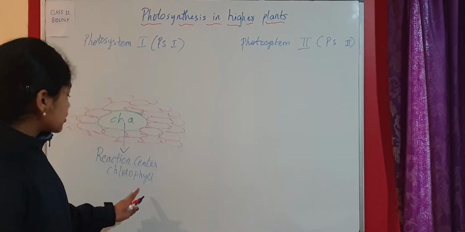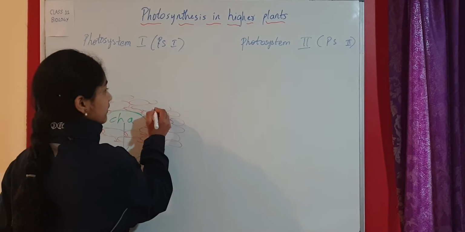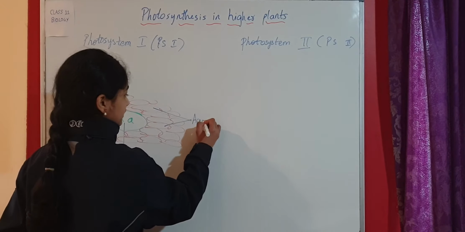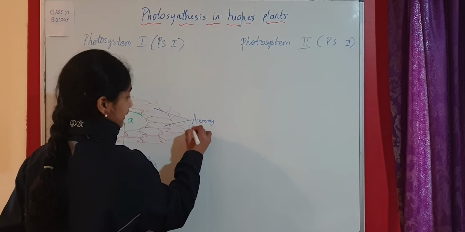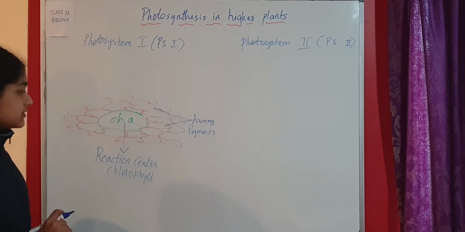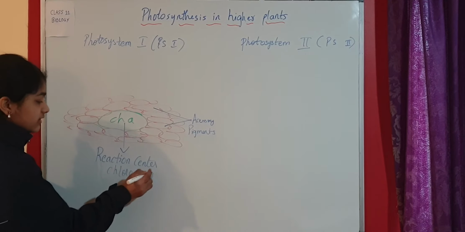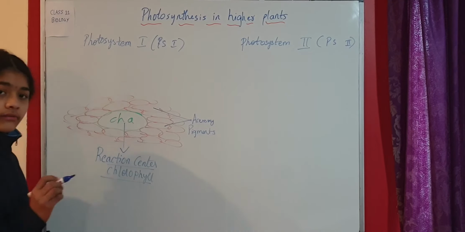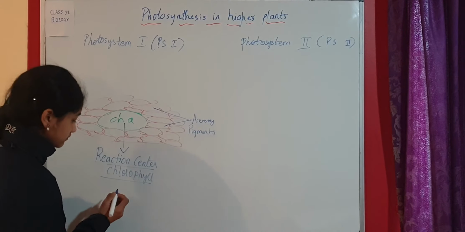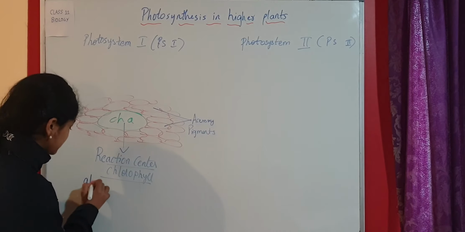So this is reaction center chlorophyll, and we know that these are accessory pigments. And this is the chlorophyll A molecule which is present in the middle, and it's called the reaction center chlorophyll. Now this reaction center chlorophyll absorbs,